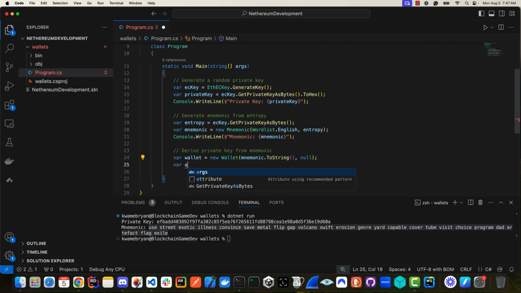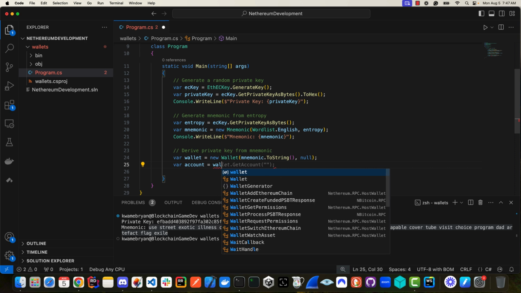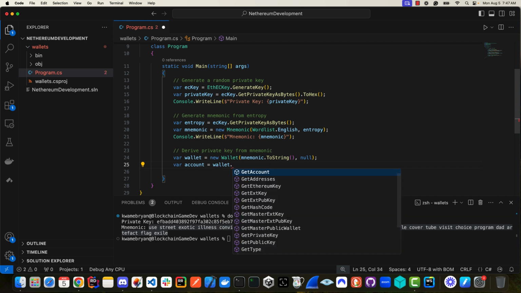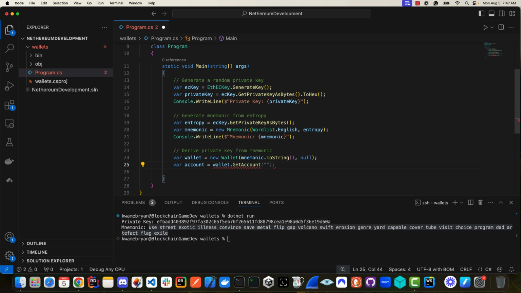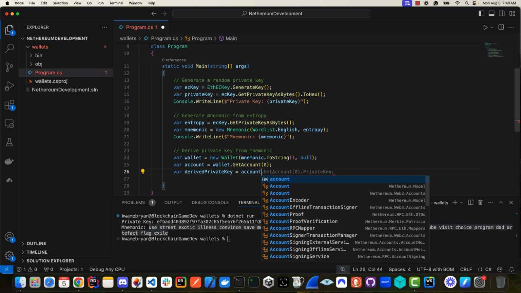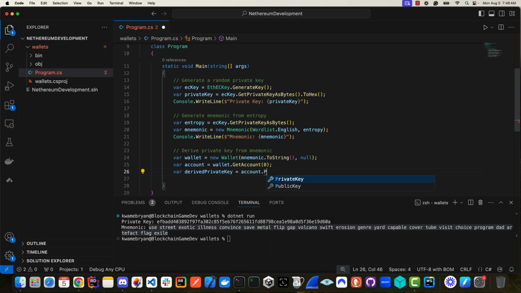And then var account is equal to the wallet.GetAccount, and the account that we want to get is basically the first account, or the only account that we would have at this point. Var derivedPrivateKey for this account equals account.PrivateKey,